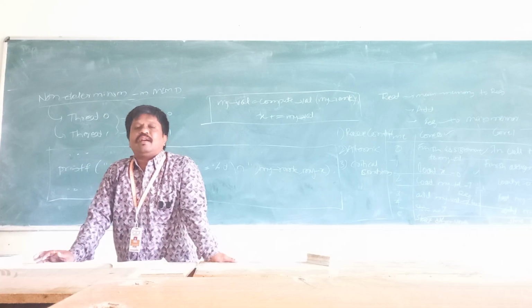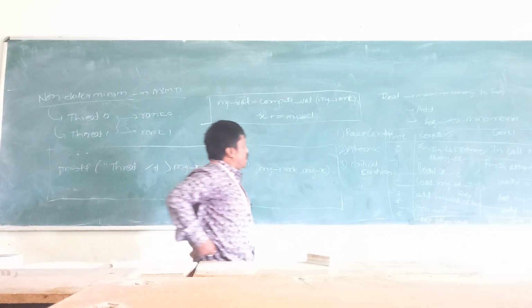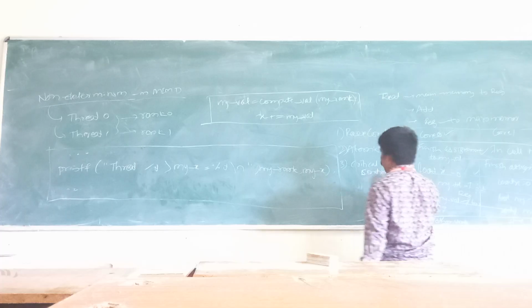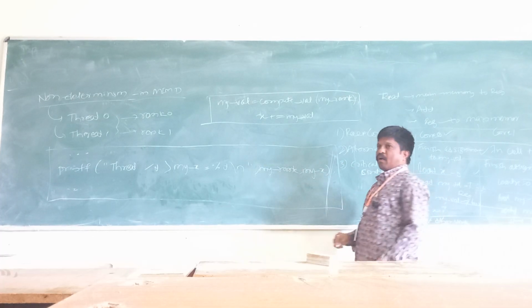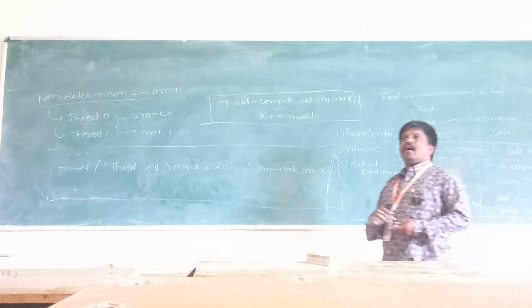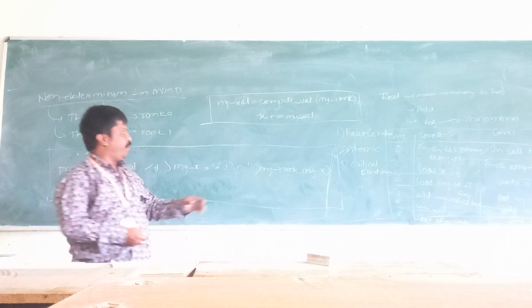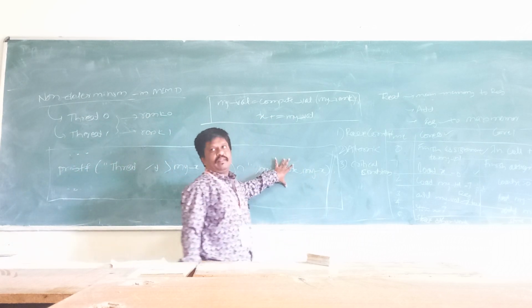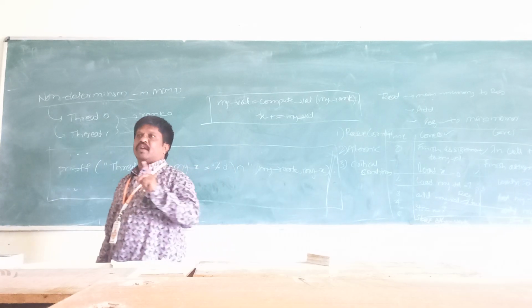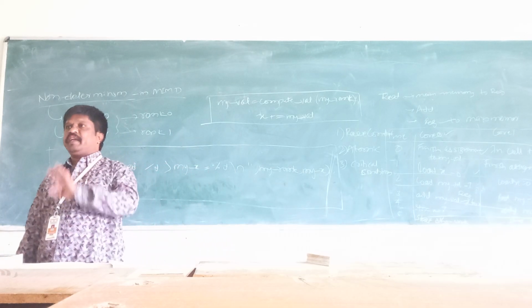Only one thread. Now what happens in a critical section or critical condition: there is a block of code, some block of code. That block of code will be executed by the first thread only, then that block of code will be blocked to the next thread. Such a situation we call the critical section or critical condition.